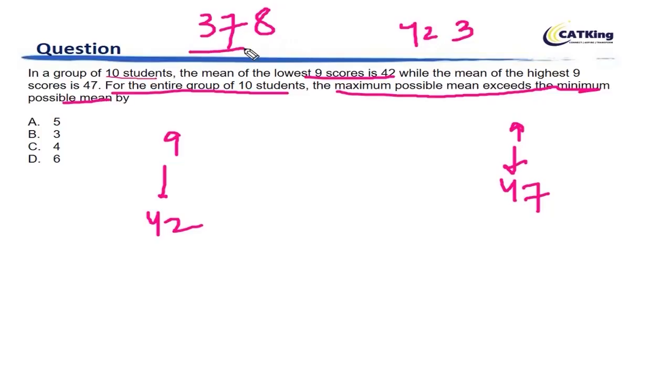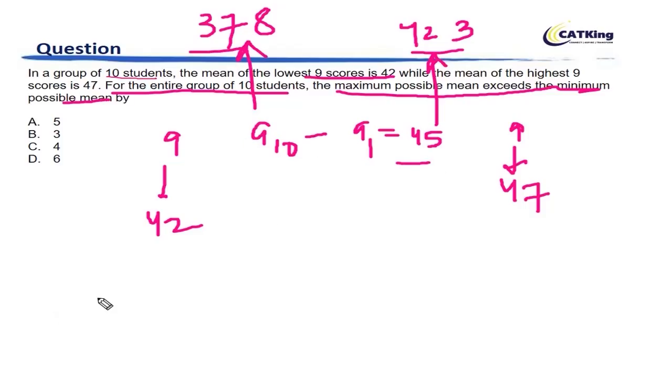So what is the difference between the two? The difference is basically that here I have the first number and here I have the last number. Rest all numbers are common, right? So therefore we can say that, let's say the last number is A10 and the first number is A1. So A10 minus A1 is equal to 45. 423 minus 378 is 45, right? So the difference between the two numbers is 45.